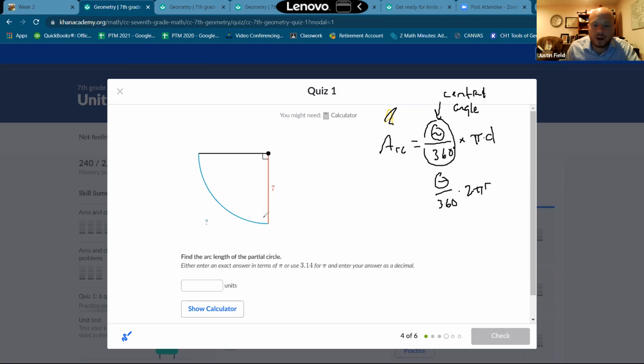We can see this one is 25% of the circle, 1/4. We know the radius is 7. So I would do, now